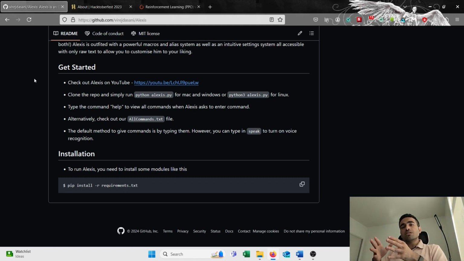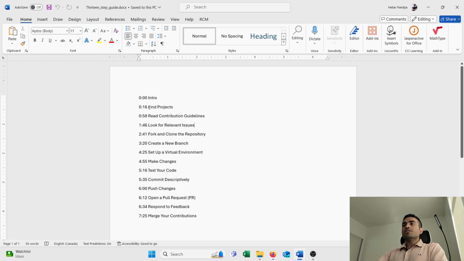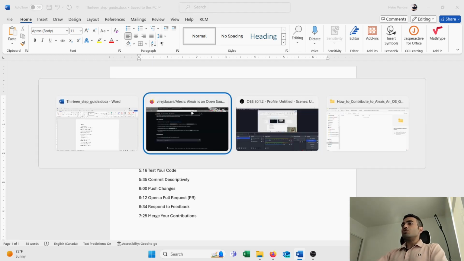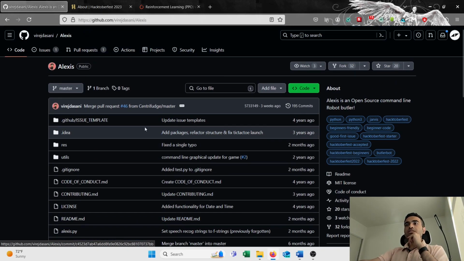If you're not familiar with the 13-step contribution guide, you can always look at the card above, which links you to the video that I've created for a common workflow to contribute to open source projects. So we pull up our guide, and the first thing is finding the project. Fortunately for this video, we do have a project in mind. The next is read up the contribution guideline, which are basically two files if you remember, the readme.md and the